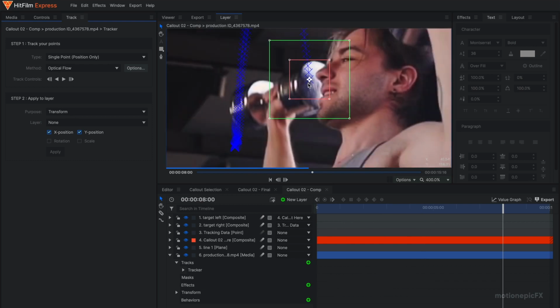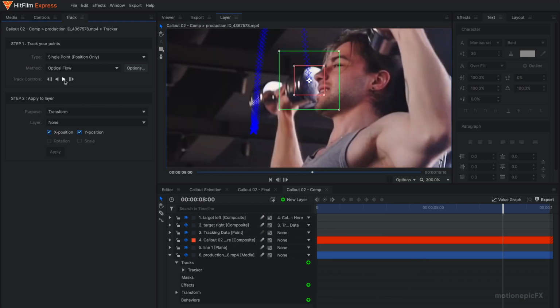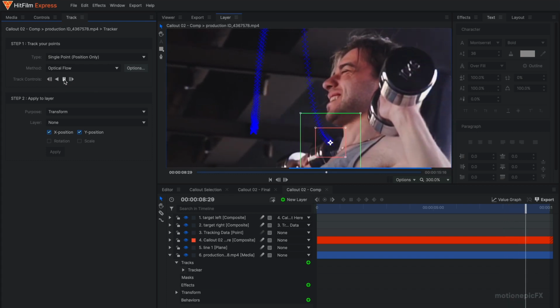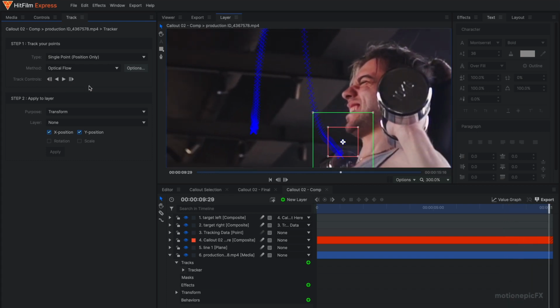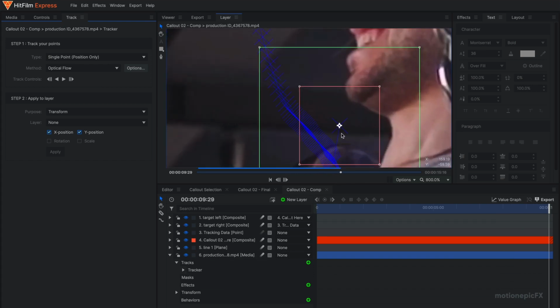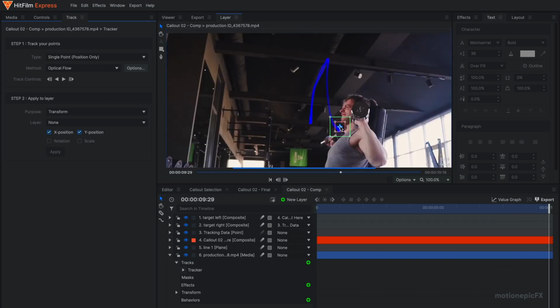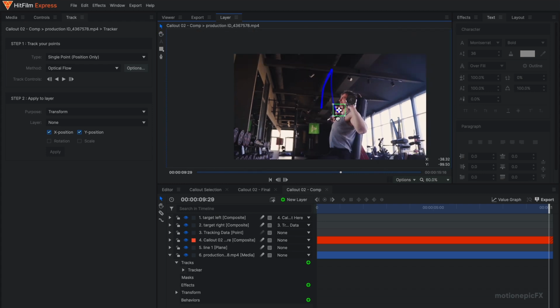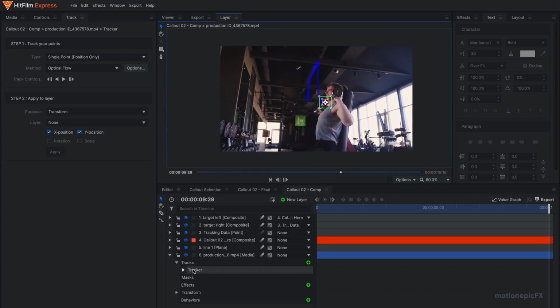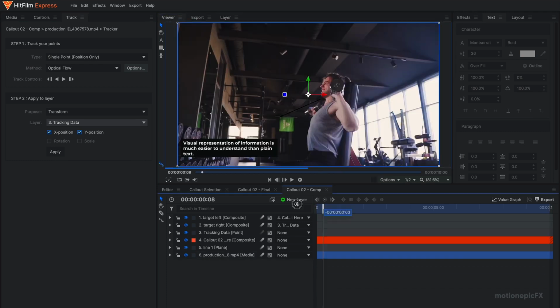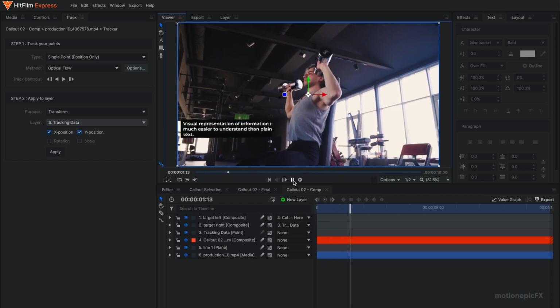It stopped for some reason, but don't worry, you can play the track again. So click on track forward and it will continue tracking the footage. Okay, now it's done tracking, and again you can see it jumps up for no reason. So you can get rid of the last keyframe as I showed earlier. I'm just going to keep it as it is for now. Go to tracker and make sure that from the layer menu we select the tracking data and click on apply. Alright, so now you can go to the viewer mode again, and you can see that everything has been applied